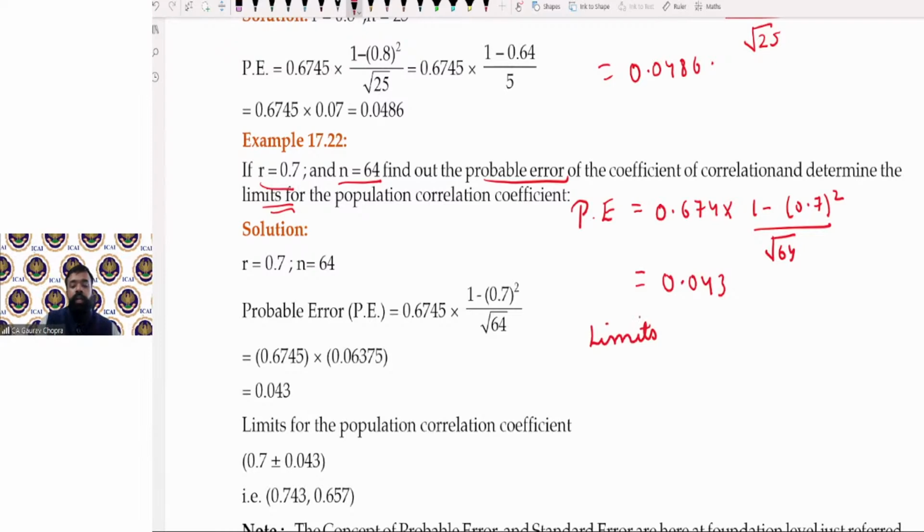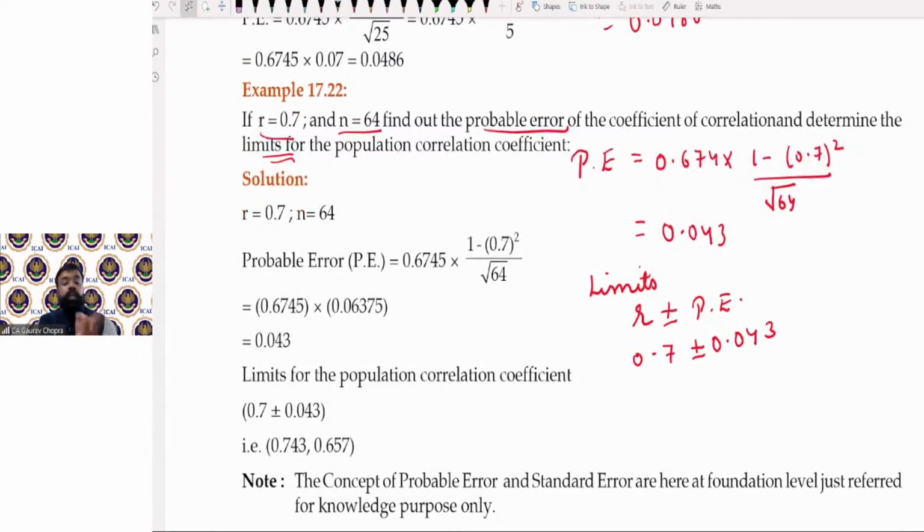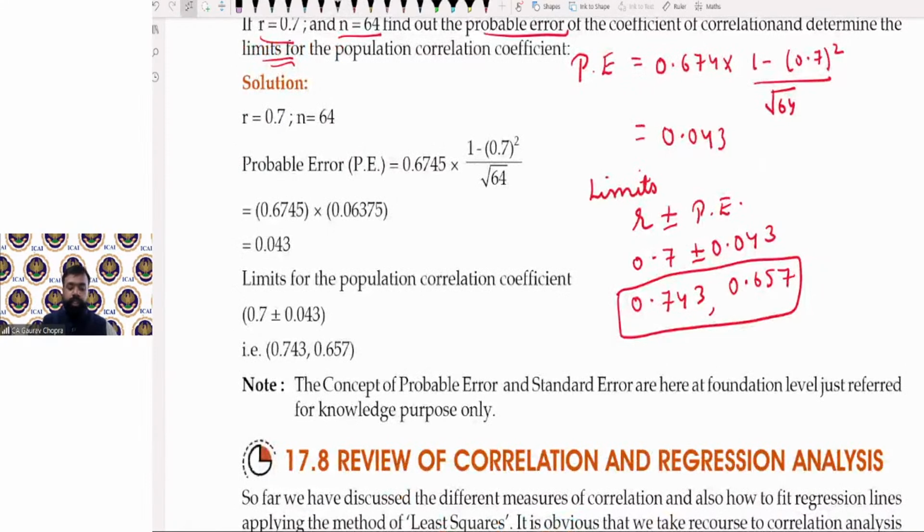So limit calculate करनी है तो original r plus minus the probable error. r कितना है? 0.7 प्लस माइनस 0.043। एक बार प्लस करेंगे और एक बार माइनस। तो प्लस करने पे वैल्यू क्या आ रही है? 0.743, माइनस करने पे 0.657। तो दीज आर द टू लिमिट्स ऑफ कोरिलेशन कोफिशिएंट। ये दोनों आपके लिमिट्स आ गई है कोरिलेशन कोफिशिएंट की।